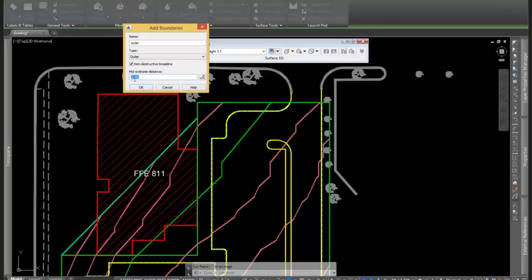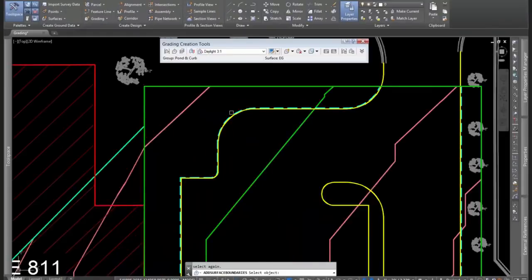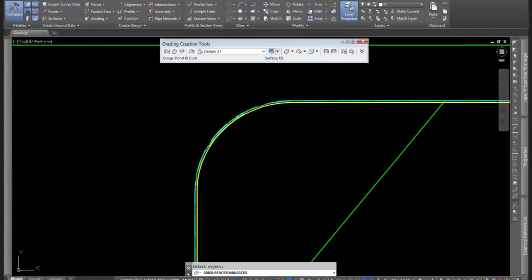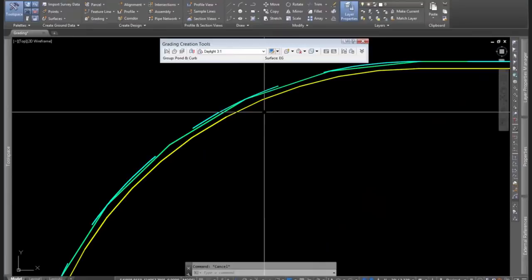Mid-ordinate distance, this is about how it triangulates along curves right here. So I've got curves in this boundary. A TIN can't have any curves in it. It only approximates it with chords. So if I set this to 0.1, it'll make more sense when I put the boundary in there. If I set it to 0.1,